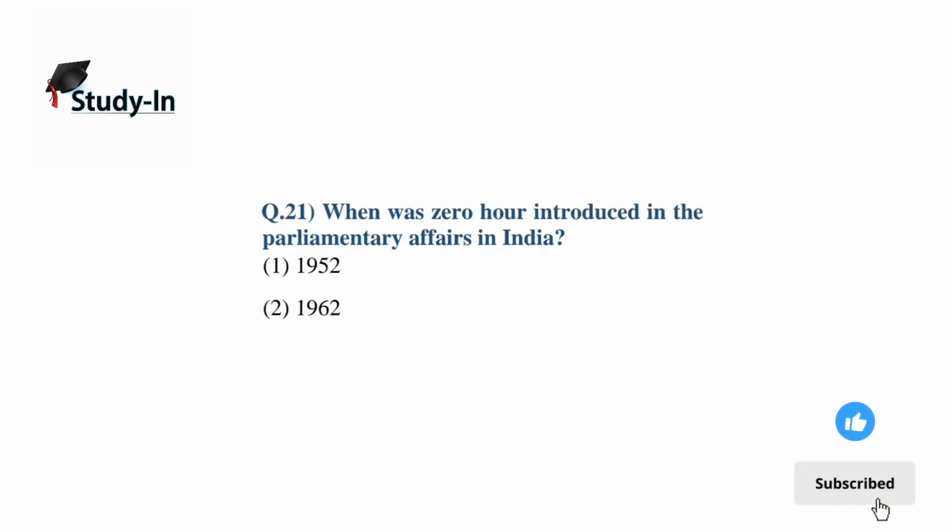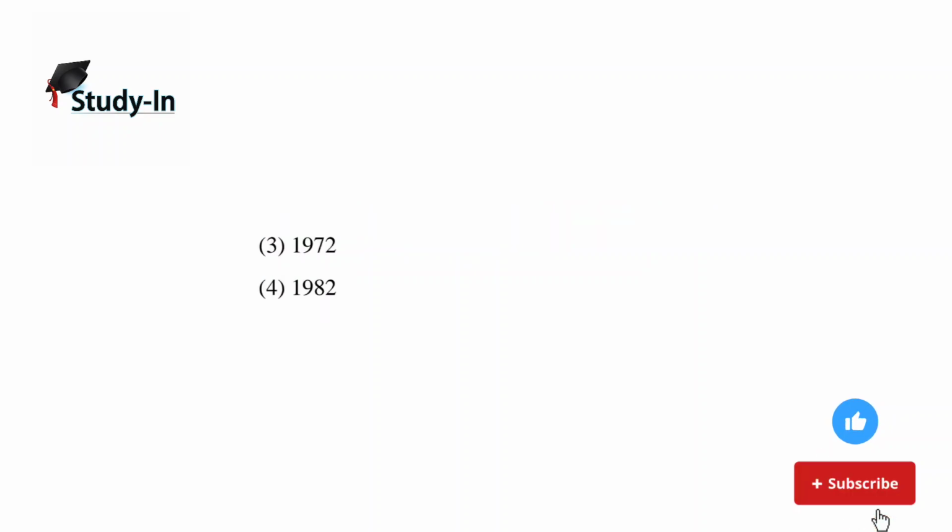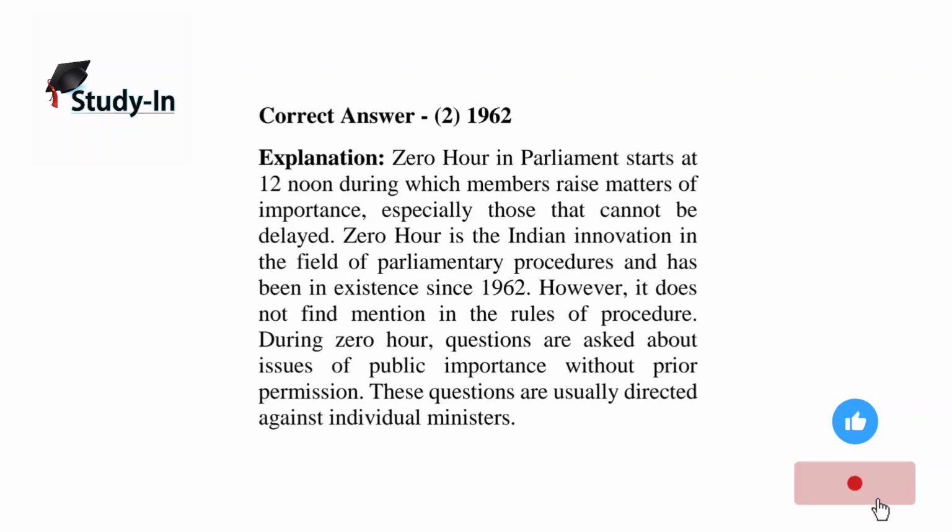Next, when was zero hour introduced in the parliamentary affairs in India? Options are 1952, 1972, 1982, 1962. Zero hour in parliament starts at 12 noon, during which members raise matters of importance, especially those